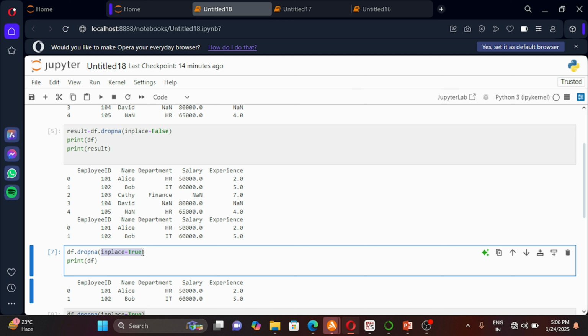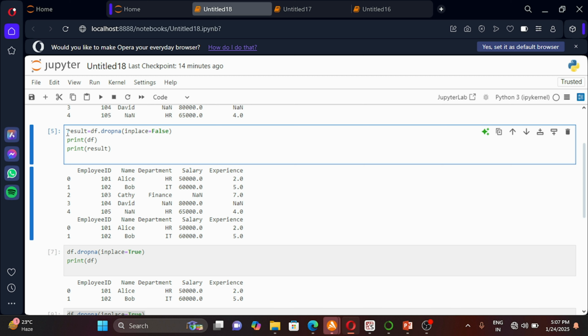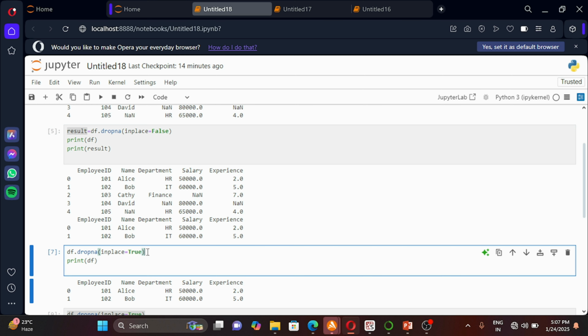The changes are applied directly to the original data frame, and attempting to assign the result to a variable will result in none. Did you get my point? So in case of inplace equal to false, we have assigned the result to a new variable, but in case of inplace equal to true, we haven't assigned it because it will print none.